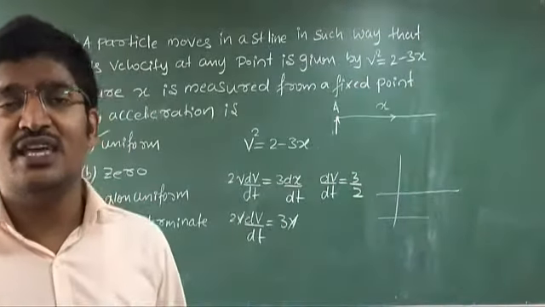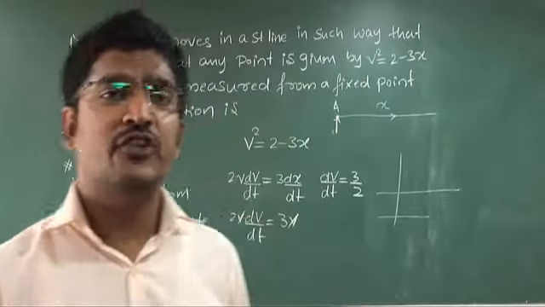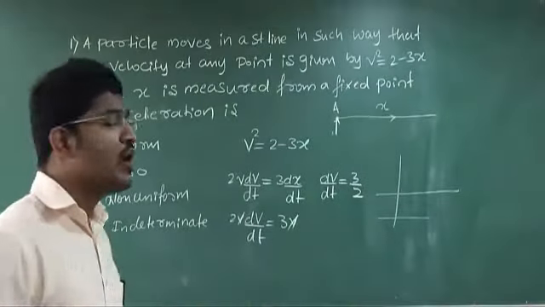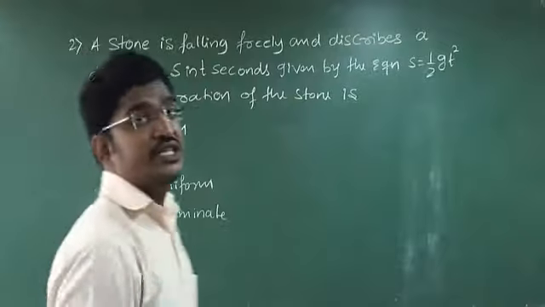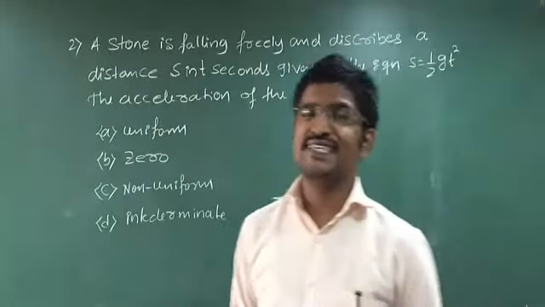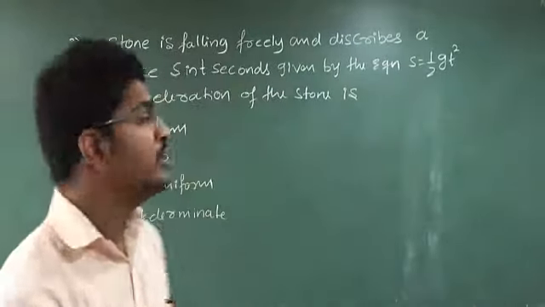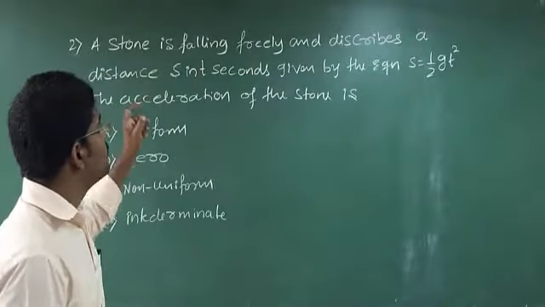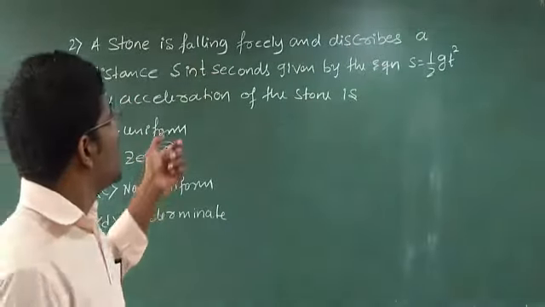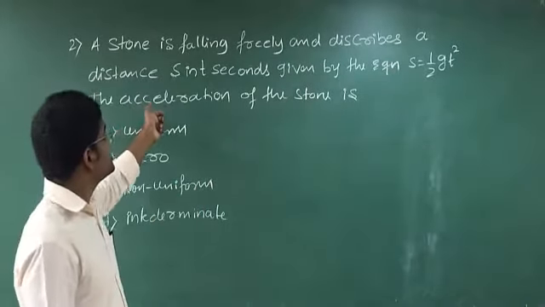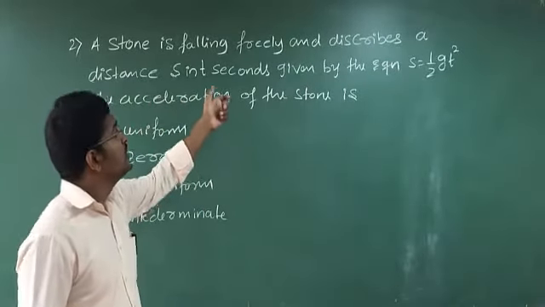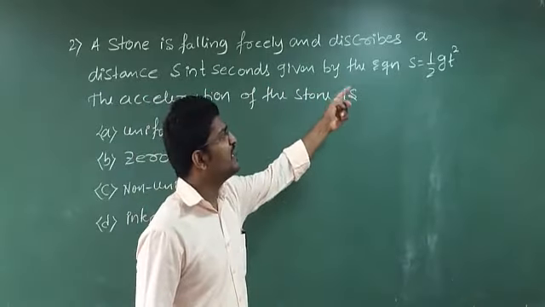So from this, I think you have got the information of solving this problem. Clear? Now let us move to the next problem. Okay students, so now let us go for the second problem. Clear? A stone is falling freely and describes a distance s in t seconds, given by the equation s equal